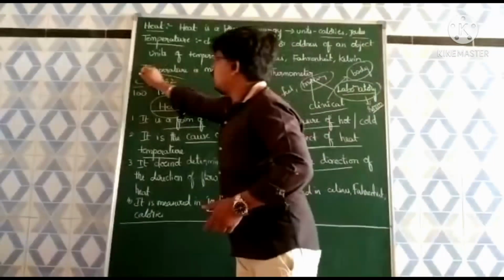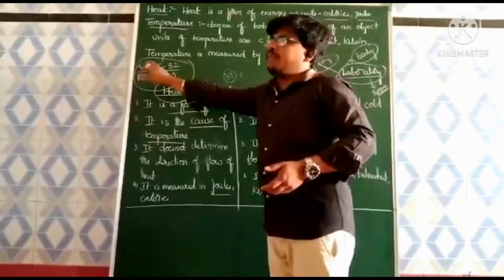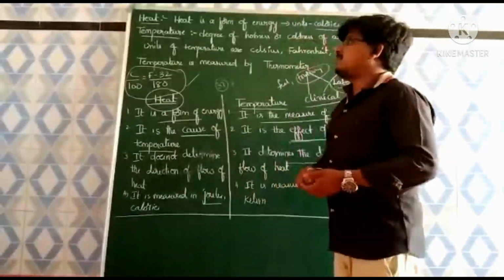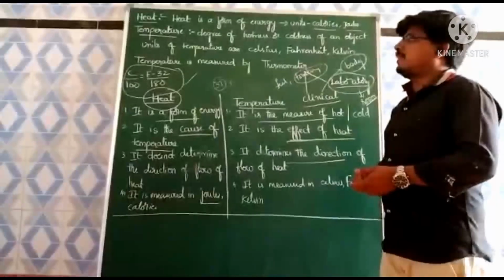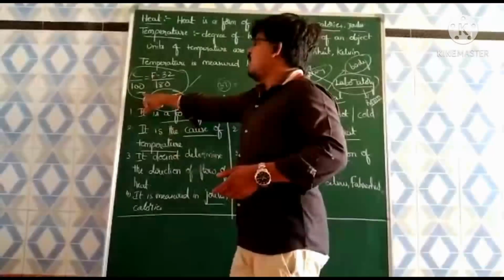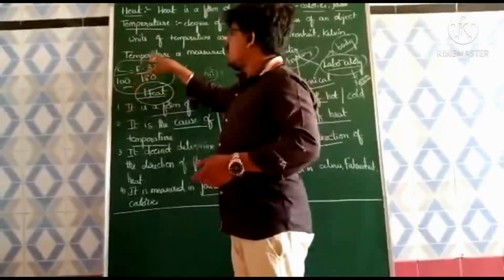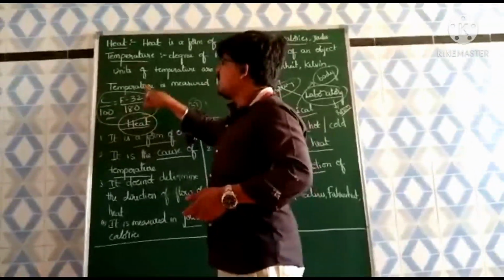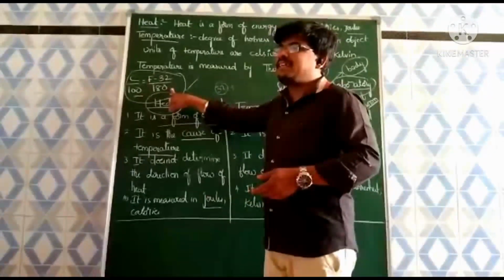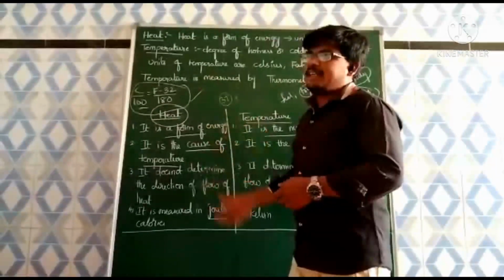Coming here, I want to explain this also. While using these scales, we should remember that in order to convert from Celsius to Fahrenheit or Fahrenheit to Celsius, we have to remember this formula: C by 100 equals F minus 32 by 180. Why, sir? C by 100 means the maximum temperature that can be measured using the Celsius scale is 100 degrees Celsius, and 32 is written here because the starting point of the Fahrenheit scale is 32 degrees, and it is divided into 180 divisions. So that is the point, and I will explain about this in detail in the next video.